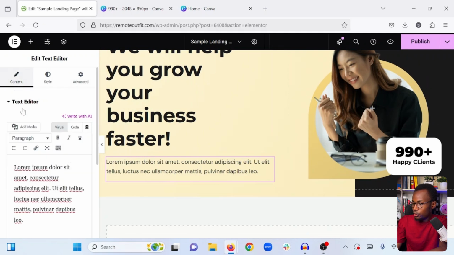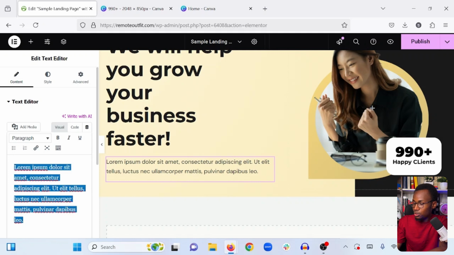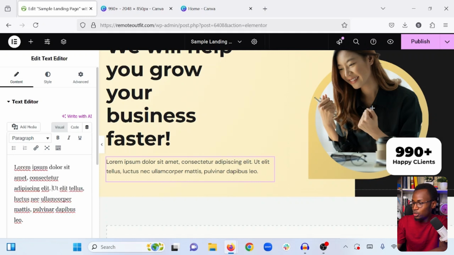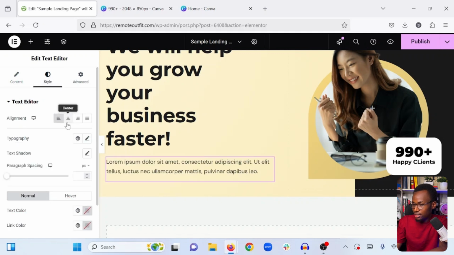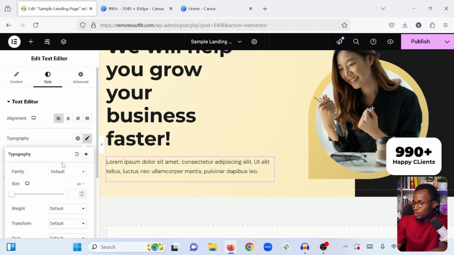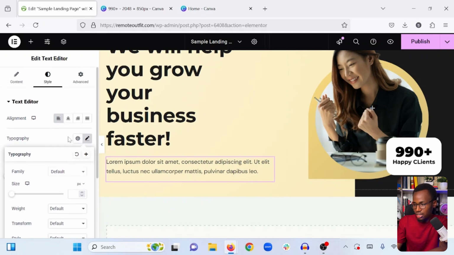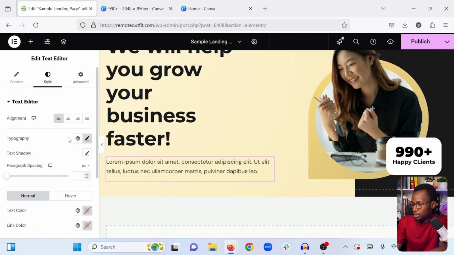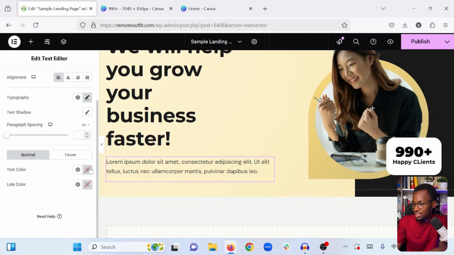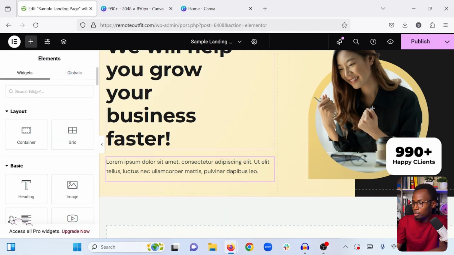And right here under content, this is where you are going to make changes to the text, but I'm going to leave the placeholder text. You can come to the style tab, make it left, center, right, justify, but I'm going to leave it left. You can click this pencil icon to change the font, size, weight, and everything, but the default looks good enough for what I want, so I'm going to leave it. You can change the text color from here, link color, but the text color is also good enough. So if I remove the editor,